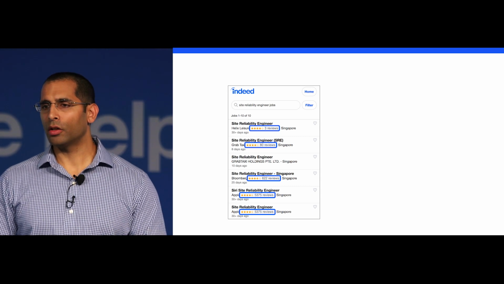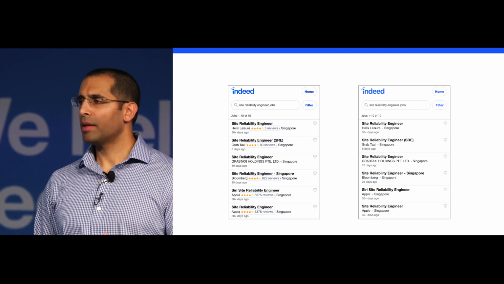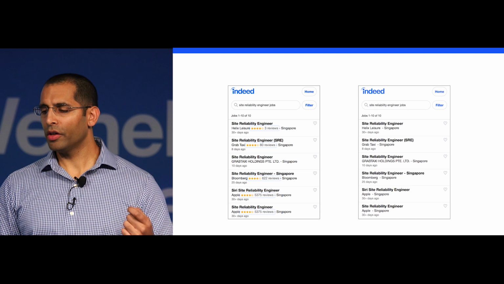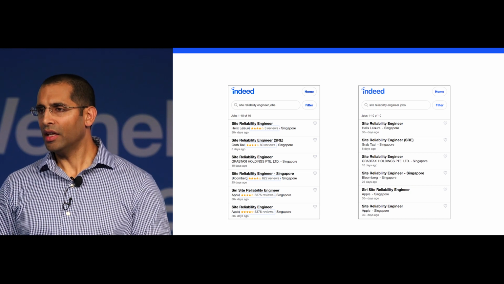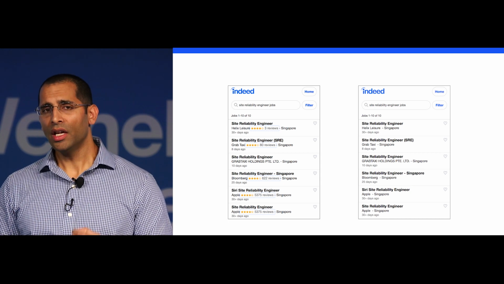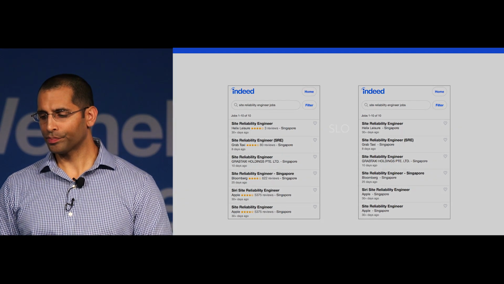But this isn't critical to the job seeker experience. If we take that away, we get something that's a little bit less helpful, but still highly usable. If you're looking for site reliability engineer jobs, you can still satisfy that. So these optional features, we want them, we think they help job seekers, but we don't need them. And we don't want the site to break because of them.